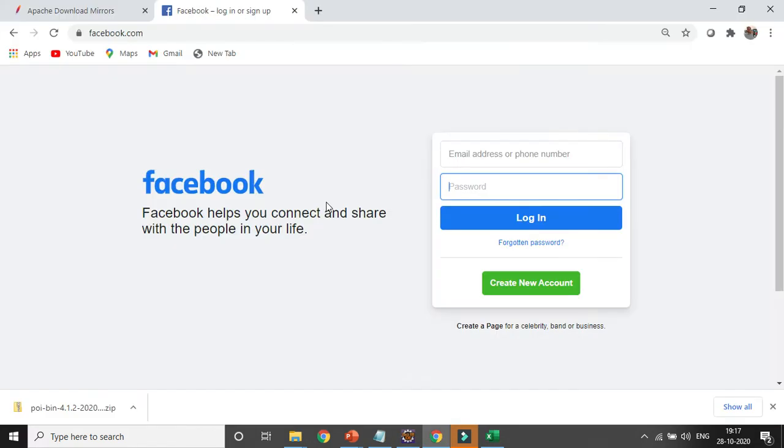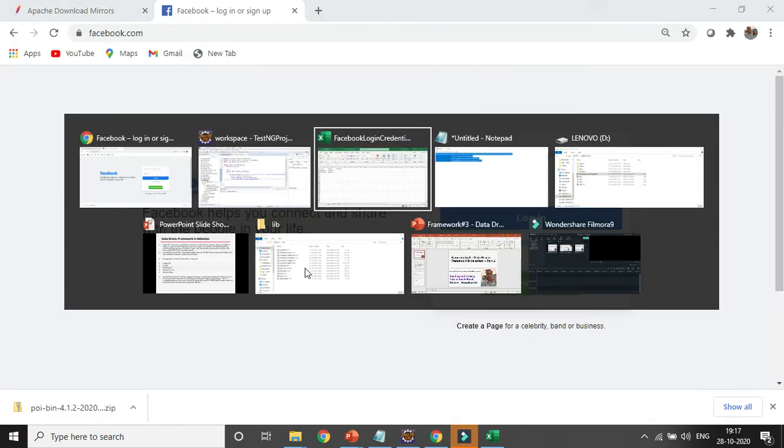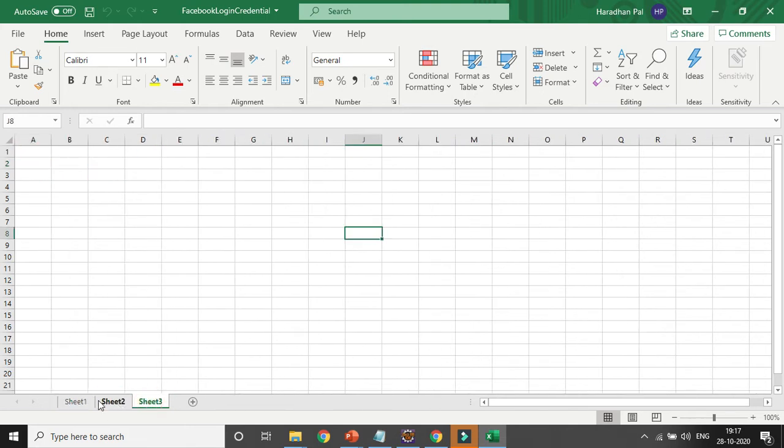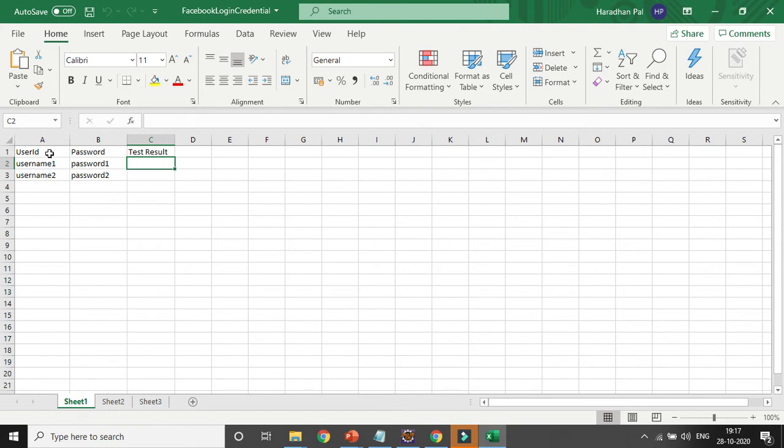Whenever we are dealing with an Excel sheet, there are several important things. One is the workbook. This is the workbook, and under the workbook there will be several sheets: sheet 1, sheet 2 and sheet 3. In each sheet there will be rows and columns, or we can call them cells.